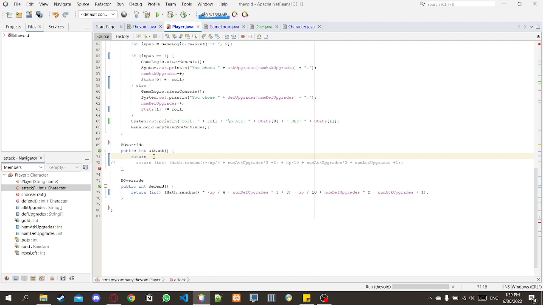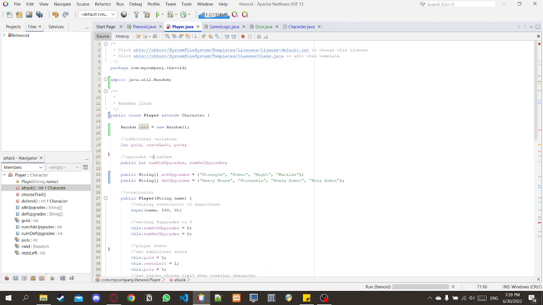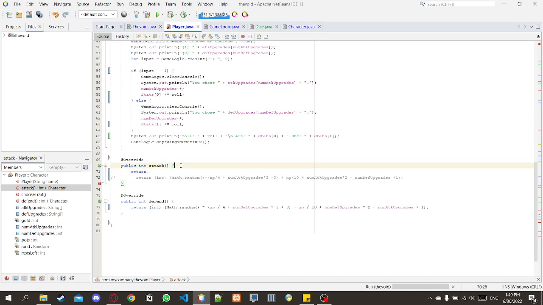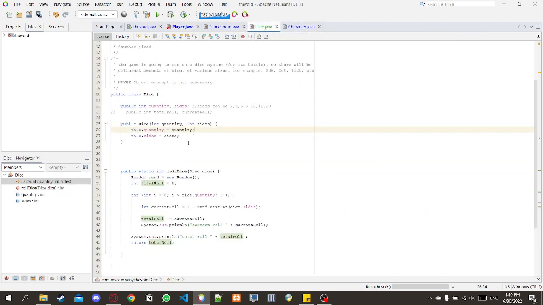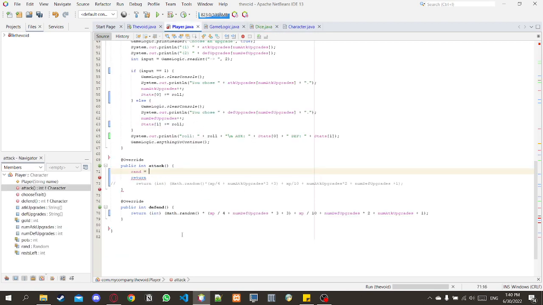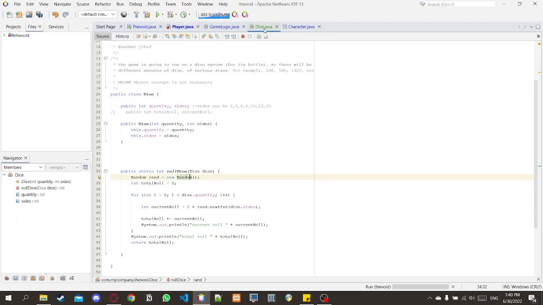So let's do it. Got how to do it. Let's go to this random. Random next to entities like this. Okay, so random equal